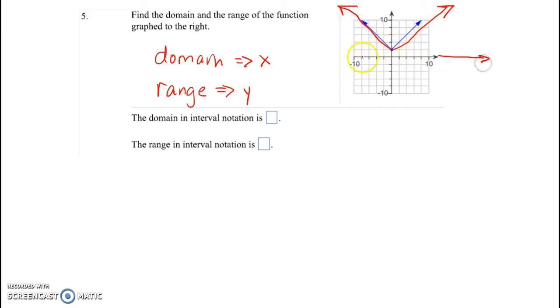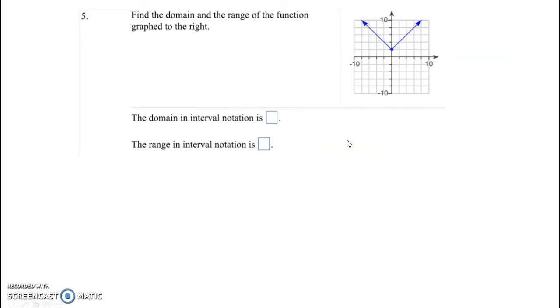So the x values that I'm allowed to use go from negative infinity to positive infinity. So the domain in interval notation, remember interval notation? We're going to put in negative infinity. You always put in your smallest number first, comma, your largest number. We put in the parentheses because it never gets to infinity. All right? Now on our range,